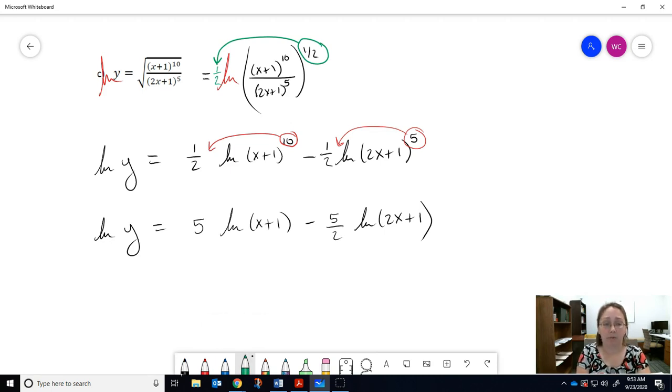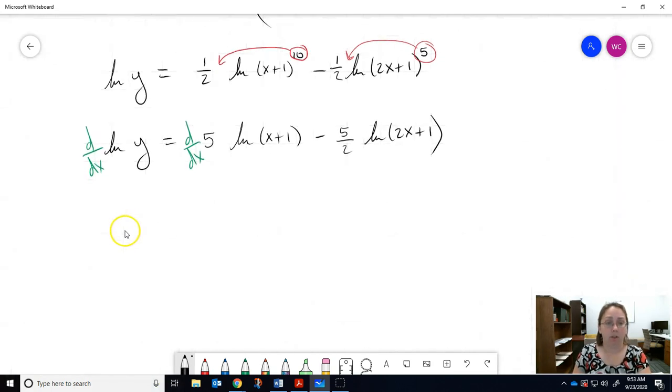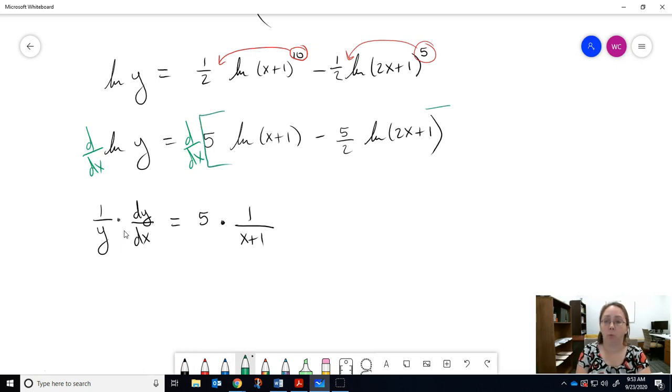Now we still have to take the derivative. So d dx, I'm ready now because there's no more expansion available in terms of logarithm rules from algebra. So on the left-hand side, what's the derivative of ln? 1 over the inside times the derivative of the inside, dy dx, equals. The 5 chills out, it's a constant multiple, and we take the derivative of ln. So 1 over the inside, forgot my brackets up here, so I'm taking the derivative of everything there,